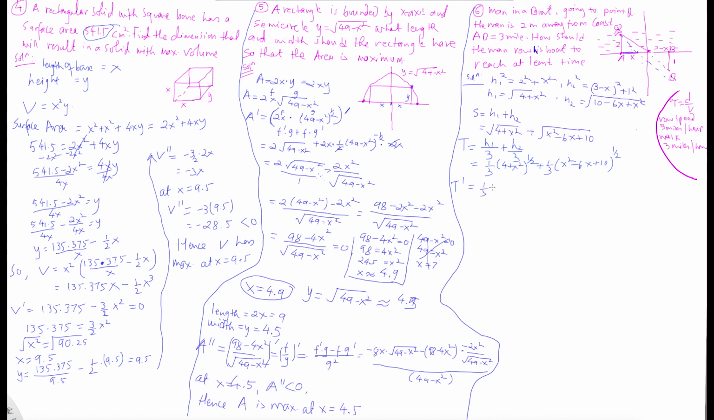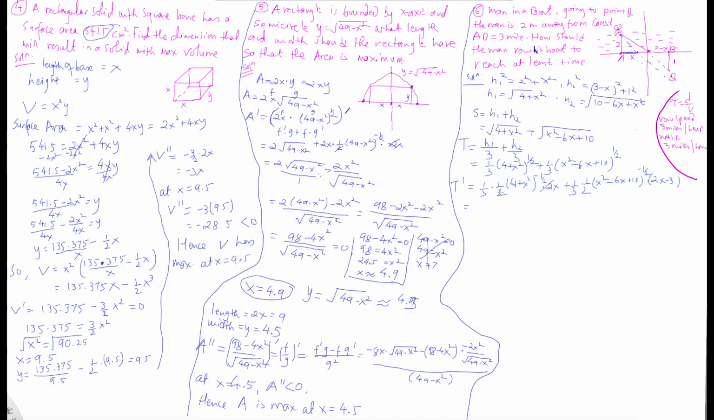You will get 1/3 times 1/2, times (4 plus x squared) to the negative 1/2 times 2x, that's u prime, plus 1/3 times 1/2 times (x squared minus 6x plus 10) to the negative 1/2 times (2x minus 3). That's what you get. If you write it in a better form, it looks like this. You will get